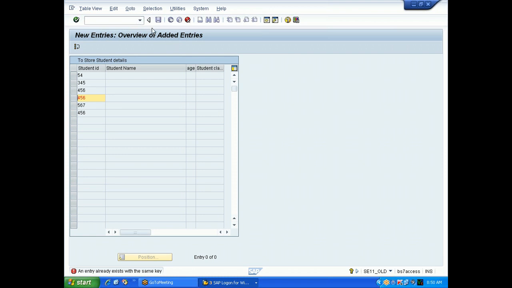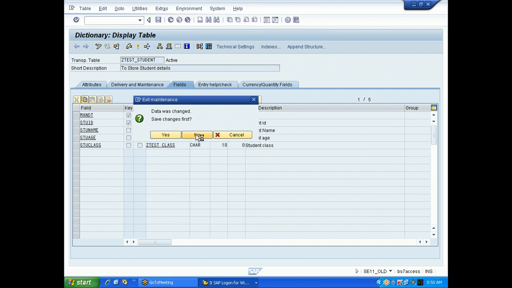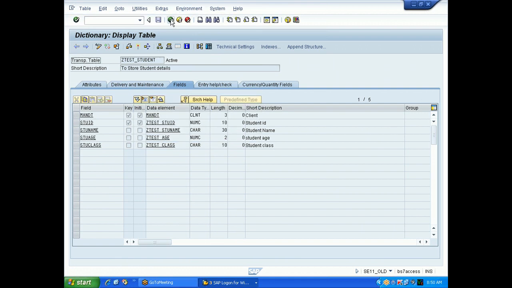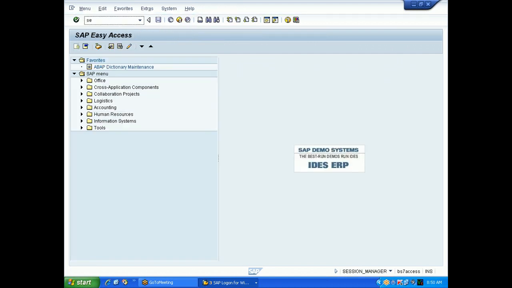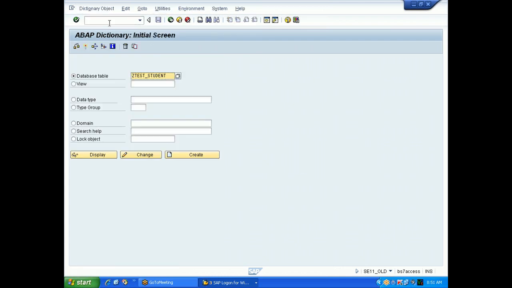So what we need to do is we need to create one table transaction for this. See now, whenever I go here, enter SE11 transaction, I come to this screen, right? Similarly, I want to create one small transaction.